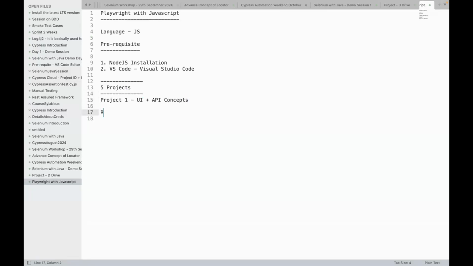Okay, now project two will be purely focusing on the UI automation, guys. I know as a QA, you are responsible for both API as well as UI automation, but our project two will have a complete framework which will be created on Playwright with JS from scratch. But we will consider one end-to-end application, a dummy application in, let's say, the HRMS domain or e-commerce domain, and then we will create the framework from scratch for the UI flow.